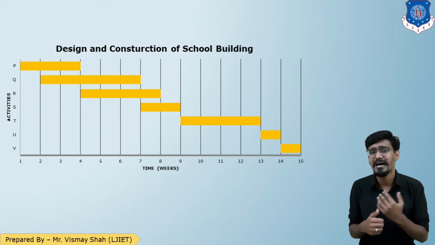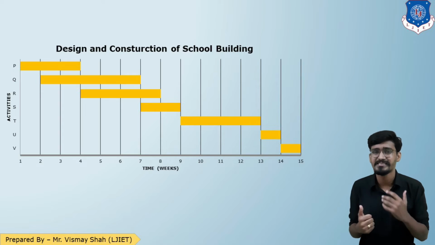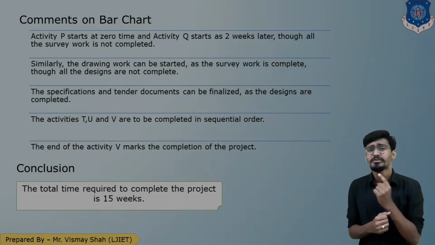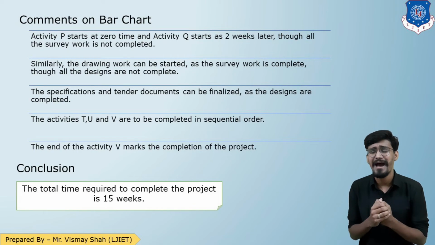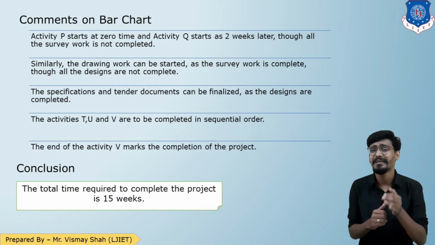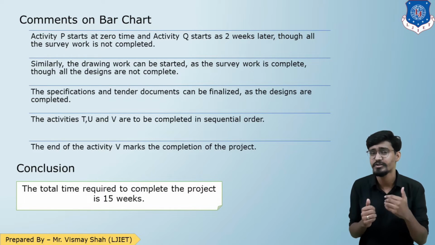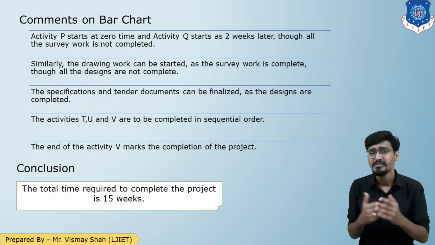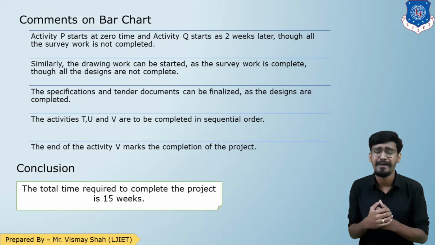Now let us see the comments and conclusion for this bar chart. As you can see, here are the comments on the bar chart. What we have discussed is that P is slightly parallel to Q, Q is parallel to R, and R is parallel to S, and then T, U, V are the sequential activities which are performed one after another. So those were my comments on the Gantt bar chart, and the conclusion of this bar chart is